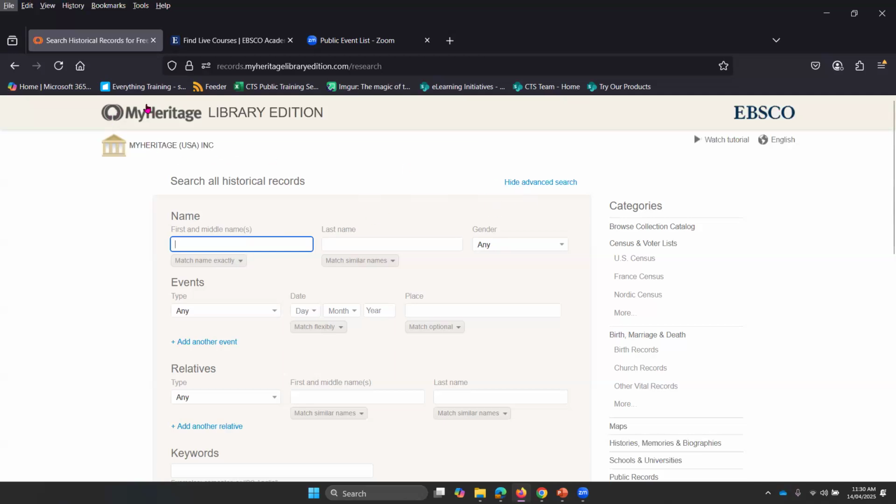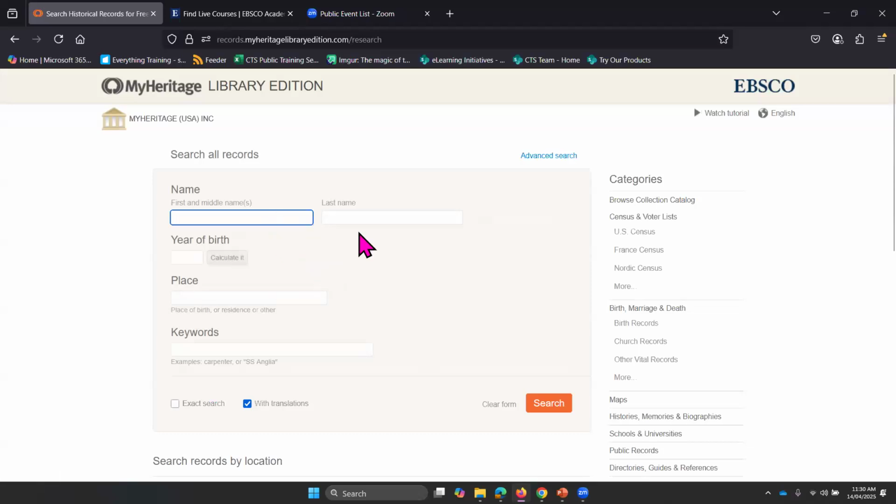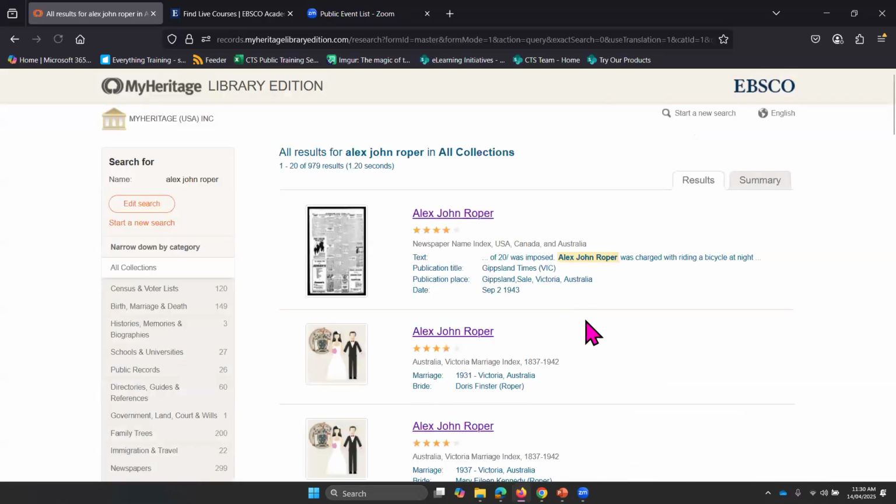All right, I'll show you one other thing that I thought was really interesting as I was doing my search earlier. So I had Alex John Roper again. This was the marriage that occurred with my grandmother. So I'm just going to go ahead and search on him. And I thought this was really funny because I know that he was from Victoria and I can see that